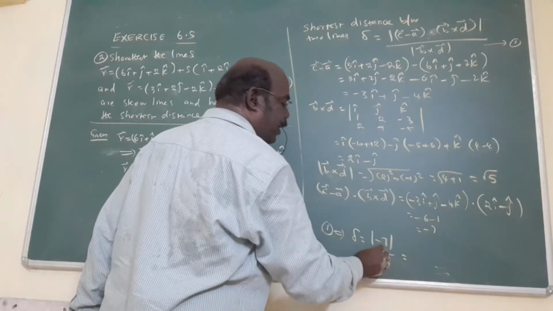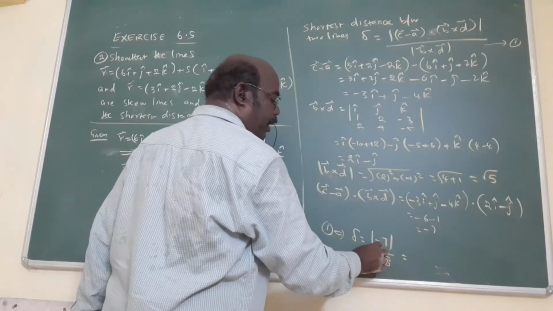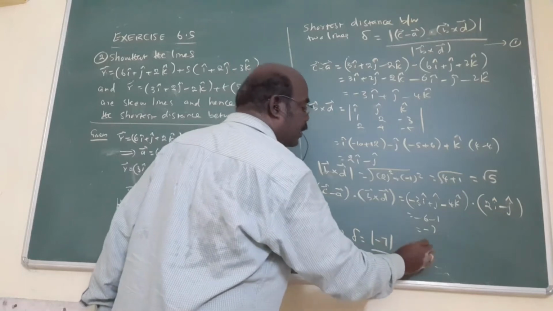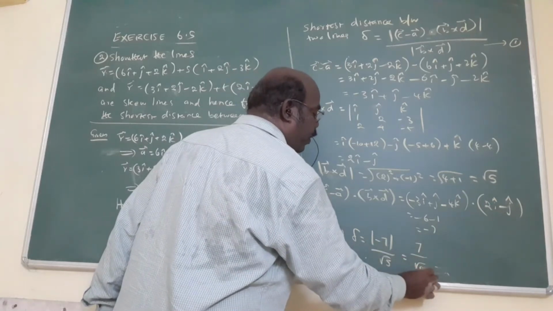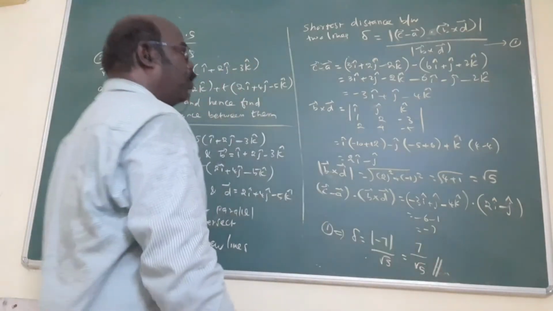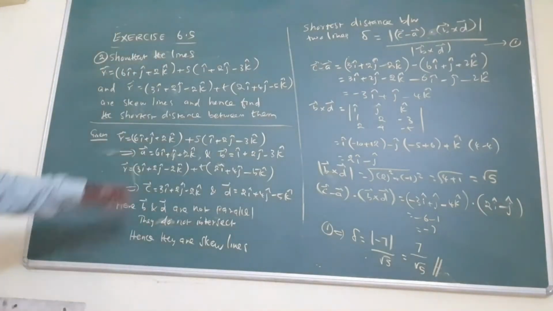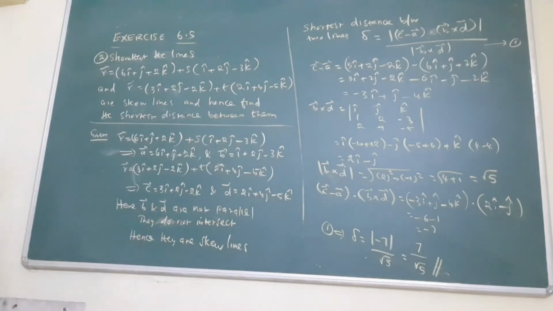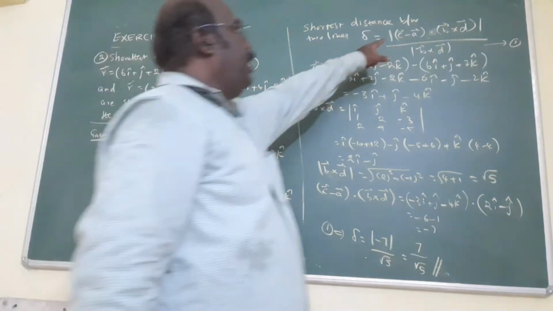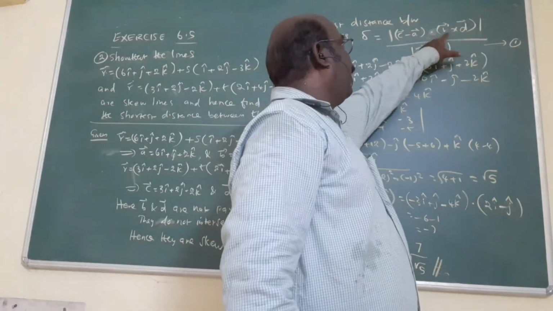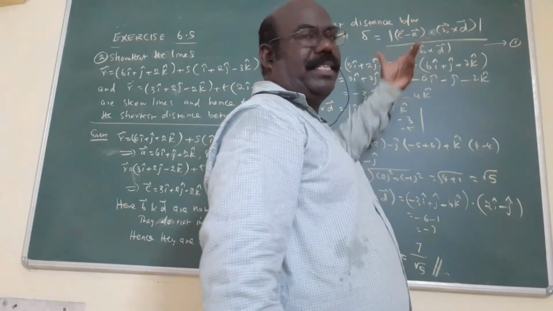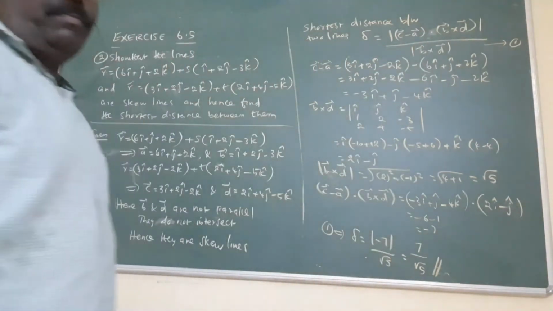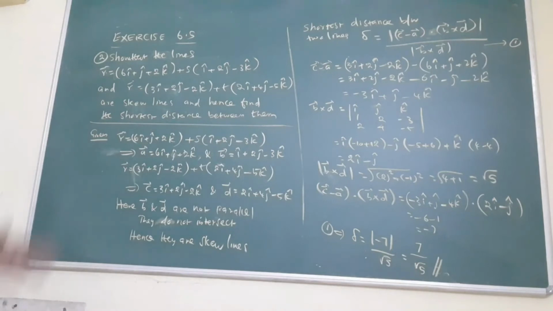The modulus represents removing the negative. Am I right? Distance cannot be negative. That's why 7 divided by root of 5 is the answer. The important 5 marks: you must guess whether vector B and vector D are parallel, using a suitable formula. What is the other formula? C minus A dot B vector divided by modulus of B vector. B will not come because both are equal. But here they are not equal, that's why the lines are not parallel, that's why it is a skew line, by using this formula.